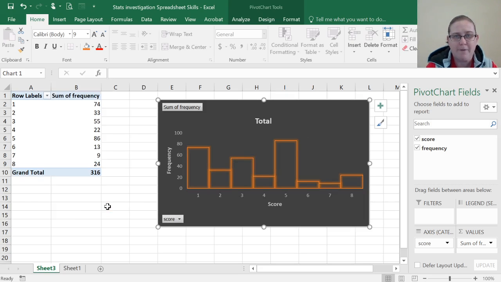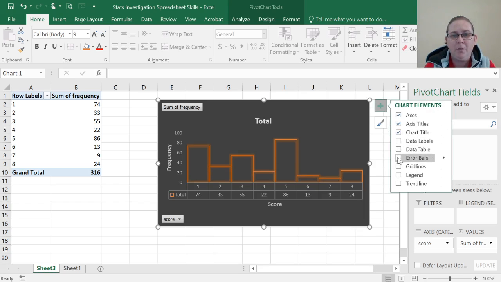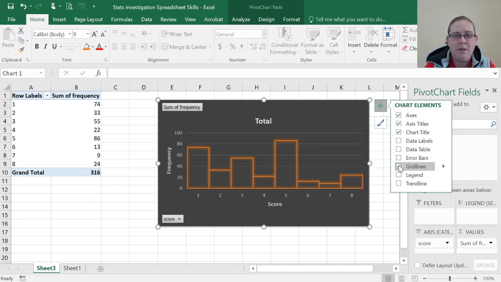Pretty simple so far. A couple of other things that we can do is we can add some grid lines in, which is what I'm going to do now. So I go up to my little plus. I'm going to add in not some data labels. I'm going to get some grid lines. You can see there that comes up with the horizontal ones. I'm going to add in some major vertical ones, some extra little horizontal ones